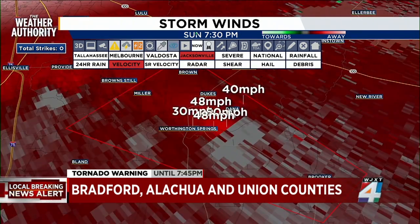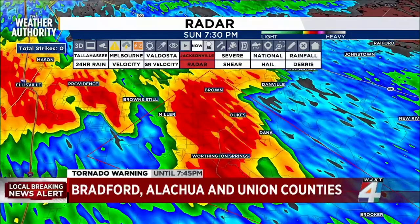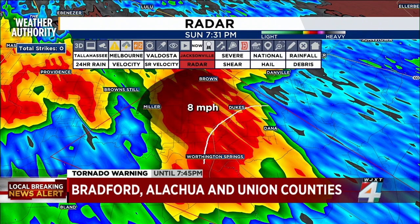The last one that we tracked took us all the way to the edge of the warning box, just about the time that we got the notice that they were going to allow it to expire. So the cells that we're seeing, just like the last two that we've tracked so far, we don't have any lightning associated with these. But what we're going to do here is kind of grab that southern part of the